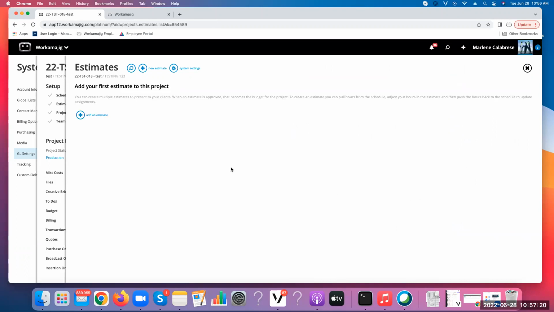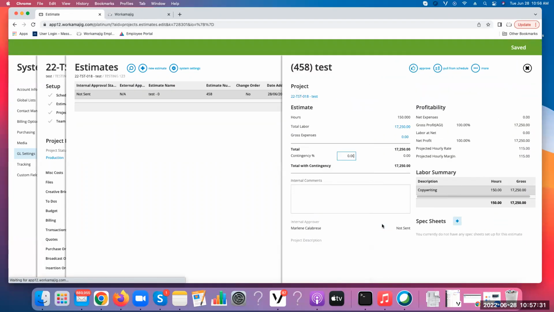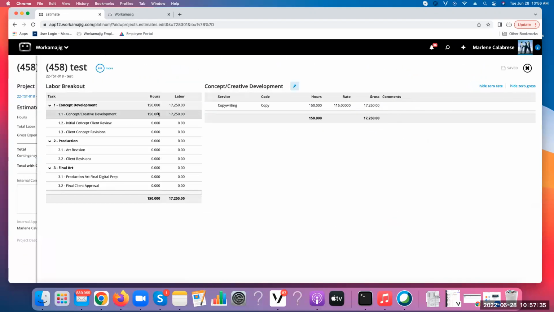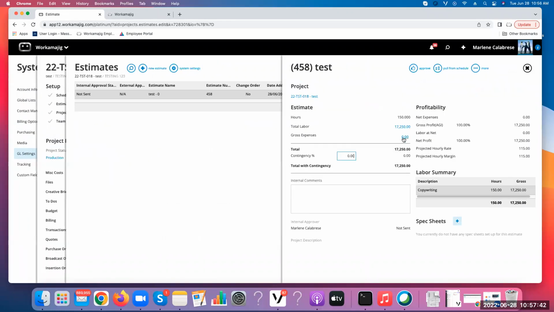So normally you would come in and it would be a clean slate, this screen, and you're going to say, I'm going to create a new estimate. We're going to use the auto pull from schedule. What that will do is any hours that are in the project schedule are going to pull through. So it's all hours. If I click into this, you'll see these are hours. We're not really talking about time transactions right now. So I just wanted to show you how that got there, but we're going to talk about the expense part